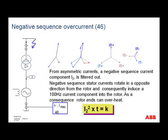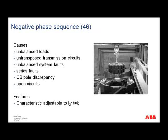So it induces 100 hertz, or I guess 120 hertz in the 60 hertz system, current component into the rotor, and as a consequence the rotor ends can overheat. So this is normally describing the capability of the generator to negative sequence. And what this K generally represents is for how long the generator can withstand 1 per unit negative sequence current. Okay, and from that you can then create the characteristic to ensure that you have the right